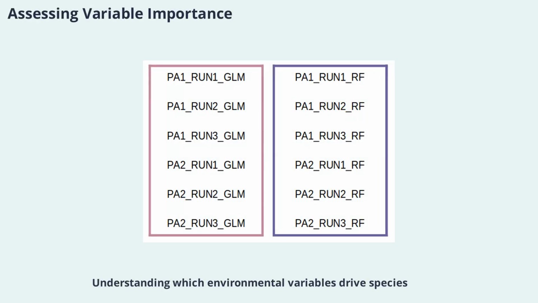Understanding which environmental variables drive species distributions is a key goal of modeling. Variable importance can be assessed by comparing model predictions with and without each variable, often using Pearson correlation or permutation methods. This analysis reveals which factors most strongly influence the probability of presence, guiding conservation and management decisions. Comparing variable importance across models also highlights consistent drivers and potential sources of uncertainty. By focusing on the most influential variables, we can streamline models and improve